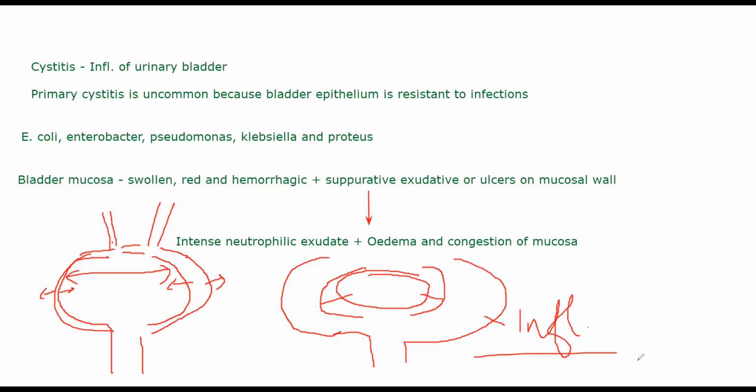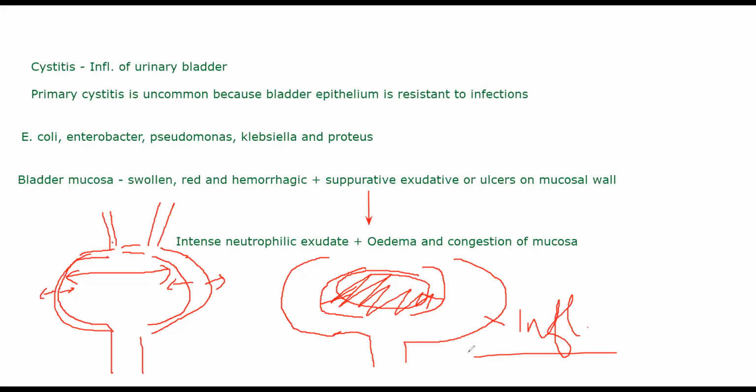That is one thing. Then you have mucosal exudate, you have edema coming in the area, and you will have suppuration occurring in all of this area. All of that will cause congestion inside your urinary bladder, which can be very bad. It will basically block the contents of your urinary tract, and it will become very difficult to void urine as well. The patient will have quite a lot of abdominal pain. You will understand variants of cystitis as we go forward.